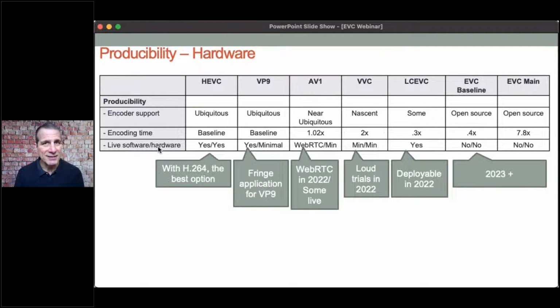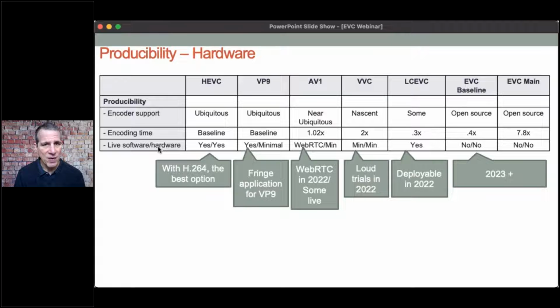I don't think VP9 is ever going to make it big in live. You know, Twitch is using it with a Xilinx FPGA that's not available for public consumption. Not sure why they did that, but that's the only company I'm aware of that's doing VP9 live. I think you'll see that subsumed by AV1 live encoding pretty soon. I think AV1, you'll see significant headway in WebRTC in 2022, 2023,